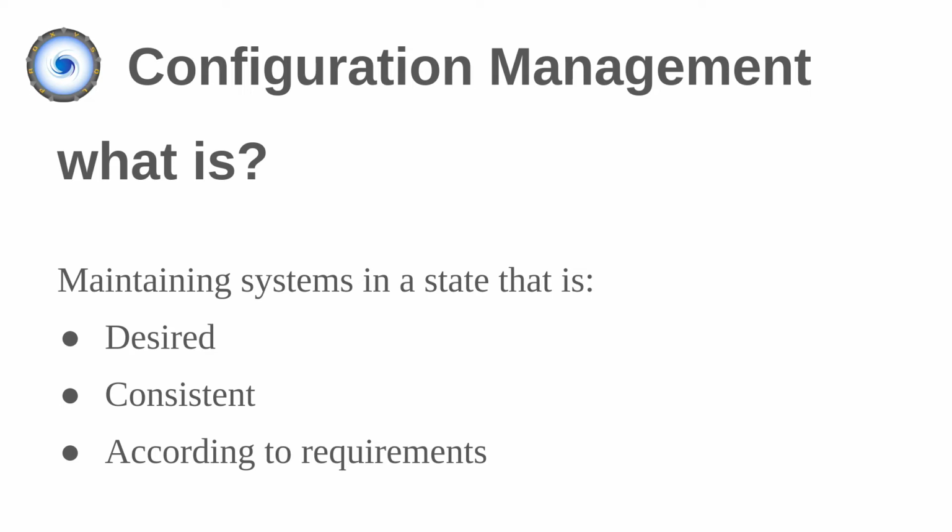So basically, all the nodes should be configured in a certain way. The configuration management should make sure that this configuration is consistent. Again, all the nodes should have the same configuration, and of course it should be according to your specific requirement. So if you want to configure it in a certain way, and those are your business requirements or your configuration requirements, all the nodes should be converged to the same configuration.